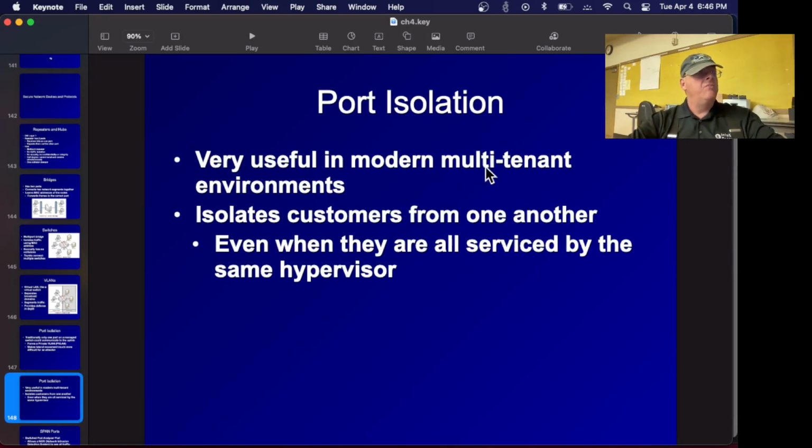And so port isolation means that, for example, if you go to Starbucks and you connect to the wireless network, and then you try to do an Nmap scan to see who else is on your network, you will find there is nobody else on your network. Every single customer is put on their own VLAN, so if somebody next to you is sharing a file, you can't connect to it. You can't get to their IP range. This is called port isolation. It separates customers from one another.